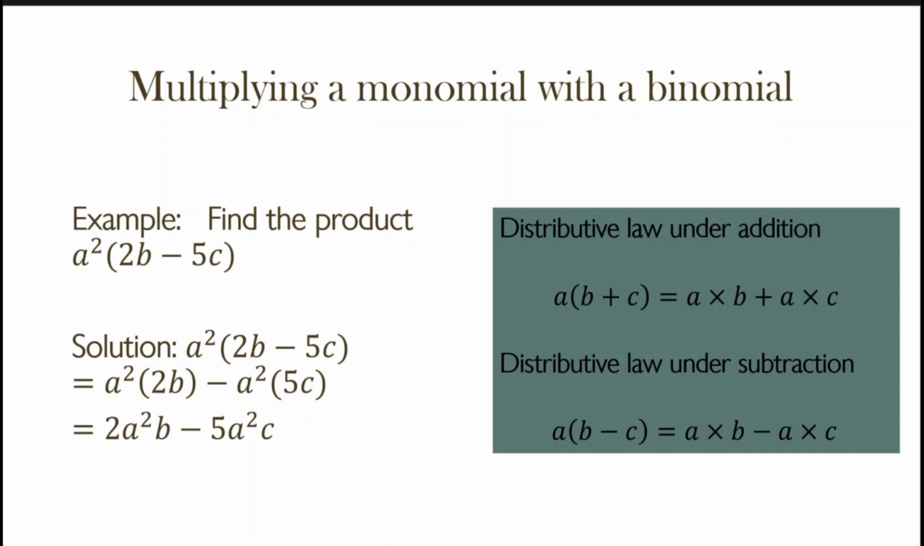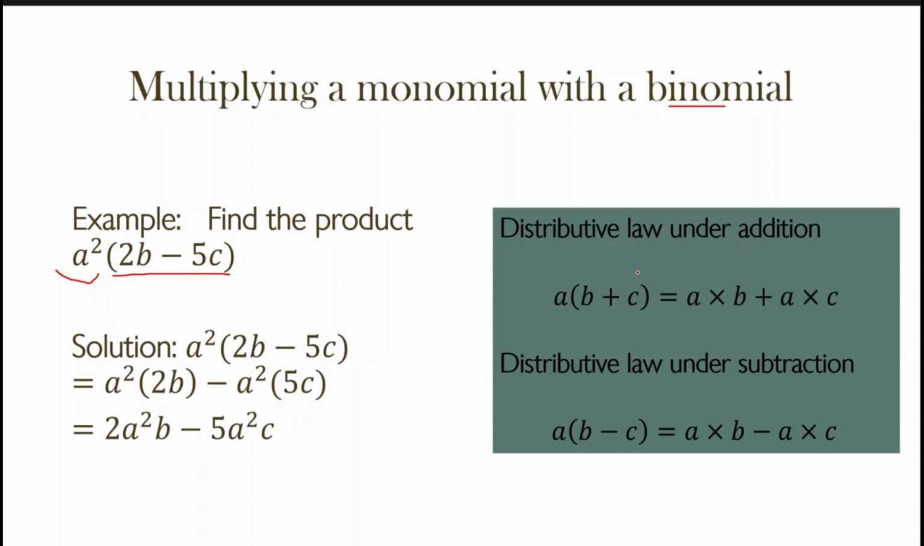So the first one is multiplying a monomial with a binomial. Here we'll have such algebraic expressions, such polynomials, in which one of the terms would be a monomial, that is, consisting of just one term, and the other one would be a binomial, meaning the other expression would consist of two terms, like here it's 2b and 5c. So how to find the product of such